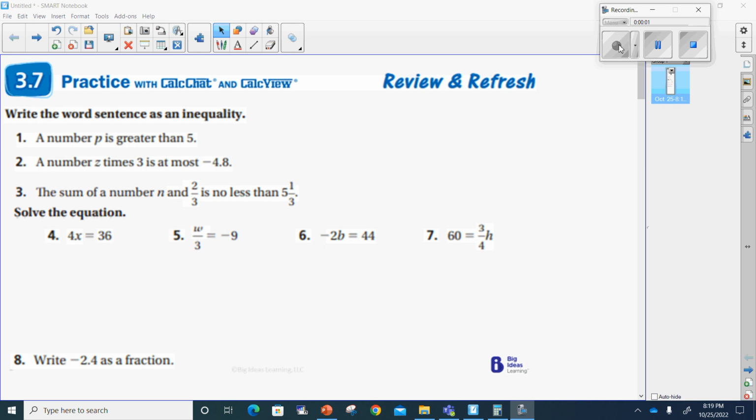Seventh graders, let's go ahead and knock this homework out really quick. I've got all the odd ones as usual. It says here, write the word sentence as an inequality. A number P is greater than 5. Well, that's pretty easy. I'm simply going to make,